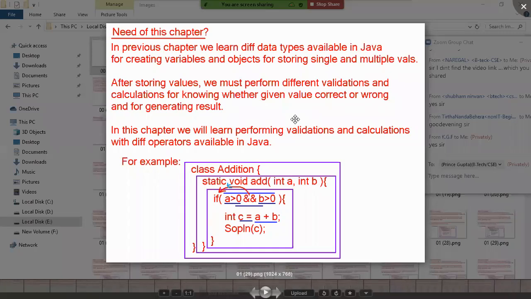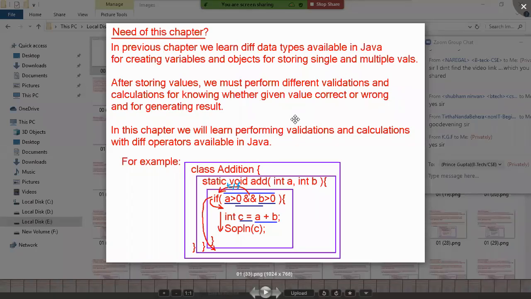That result may be true or may be false. If the value given is true, then control will go into the if block, the logic is executed, and the result is generated. If the value generated by the and operator is false, then control goes after the if block. The rest of the statements placed after the if block in the method are executed. This is the flow of execution.